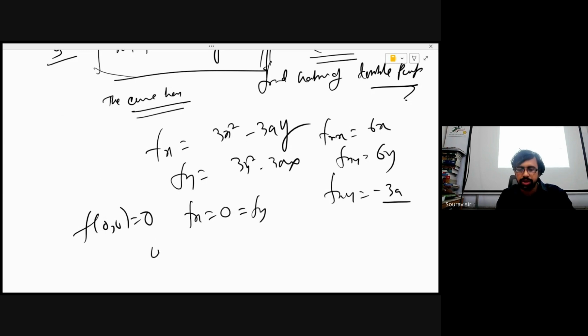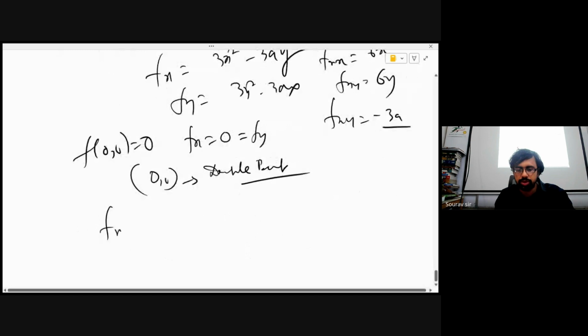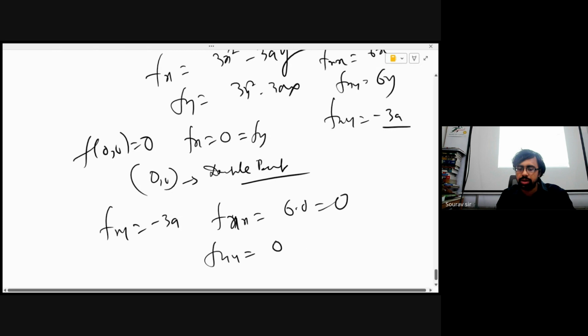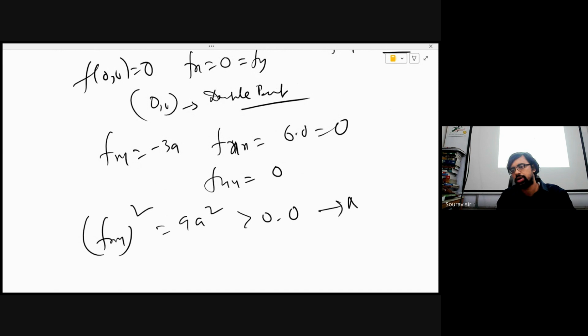So 0 0 is a double point. That's for sure. Now fxy क्या आ गया, 0 0 में minus 3 है. fxx क्या है, 6 into 0 is 0. fyy अपना आया, ये भी 0. तो fxy का जो स्क्वायर है वो हो गया 9a square, that is greater than 0 cross 0. Okay, so this is a